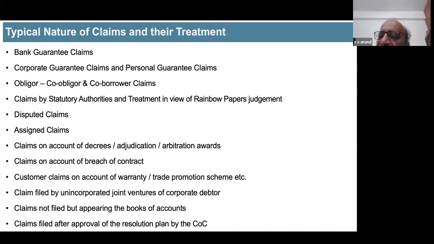But then the RP does not have to consider the ranking of the secured creditors. You don't consider the ranking of secured creditors. Who has first charge, second charge, subservient charge, all are secured. As long as they have a charge even on one asset of the corporate debtor, in multiple consortium, it's secured. How they distribute the money is the headache of the COC. But the RP has nothing to do with it.